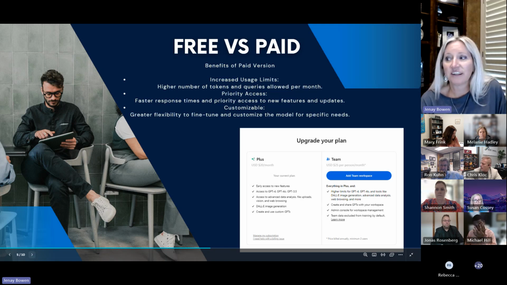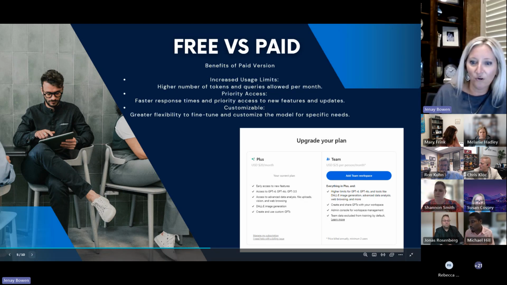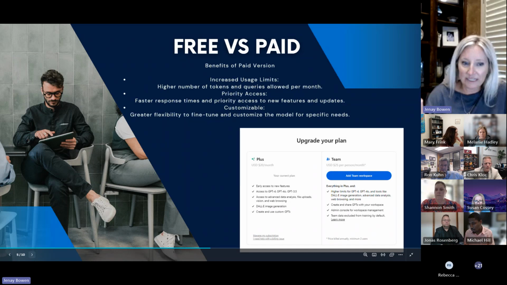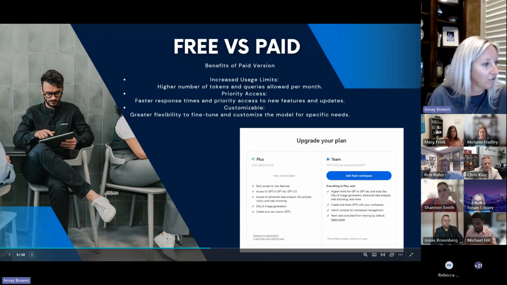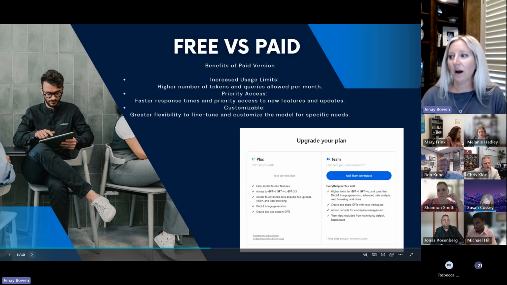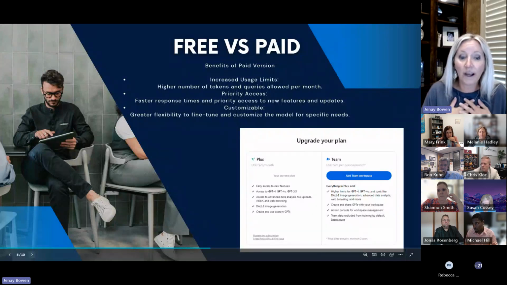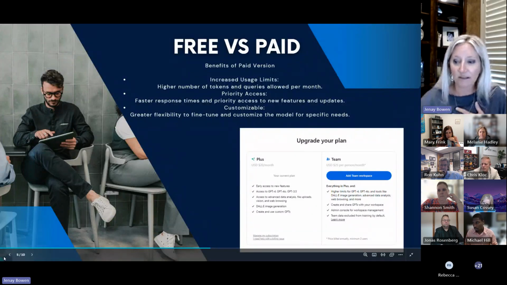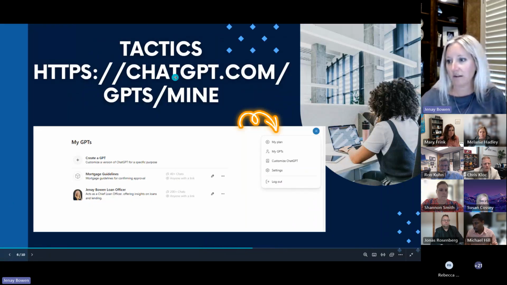And then I have greater flexibility to fine-tune and customize the model for specific needs. With the free version, you're only going to get generic information, and it's not really going to learn you. I can start to customize my ChatGPT, and it starts to learn who I am, how I want to speak, and all the things that go into that.